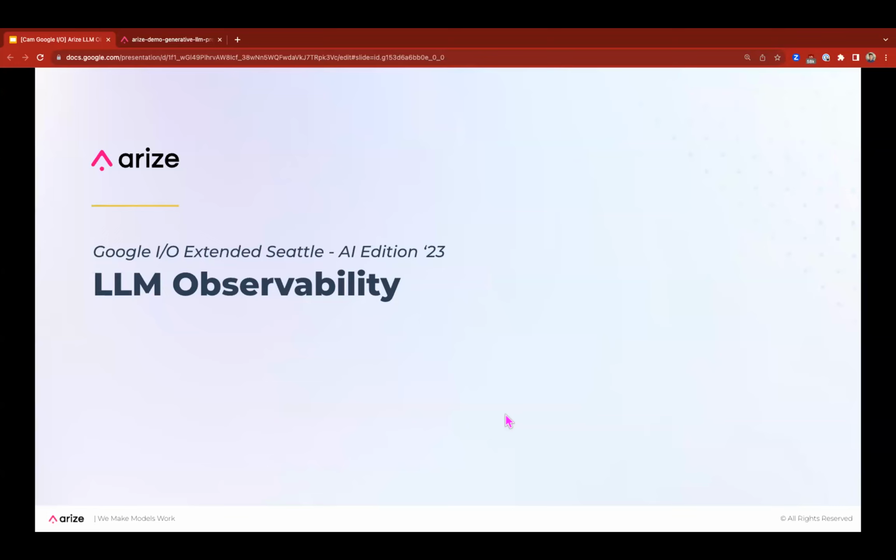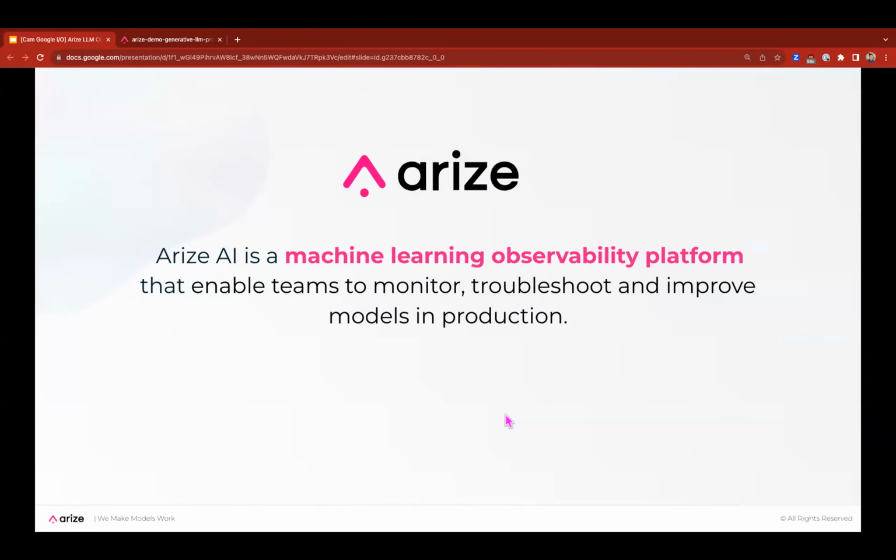So, a quick intro on Arize. Arize AI is basically observability for any AI or ML models in production. Think about LLMs, generative transformers that work with text or images, or even more traditional ML, where we're looking at search ranking models and forecasting models.